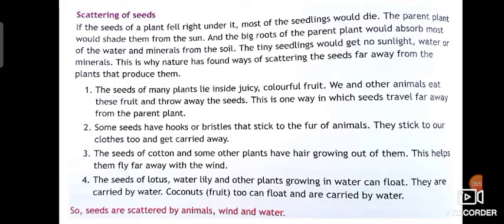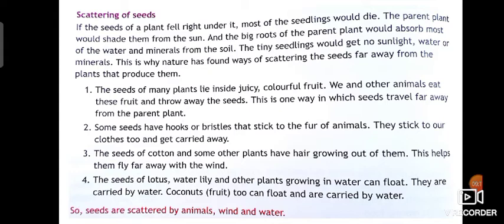Next, second point, some seeds have hooks or bristles that stick to the fur of animals, skin of animals, or on the hair of animals. Okay, they stick to our clothes too, sometimes when we dry them, and get carried away.